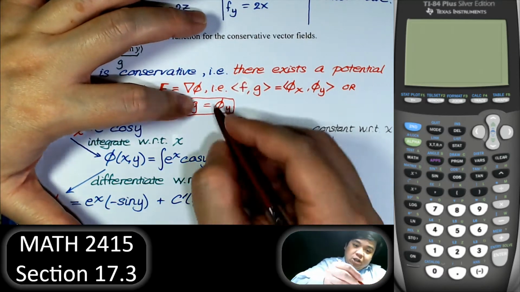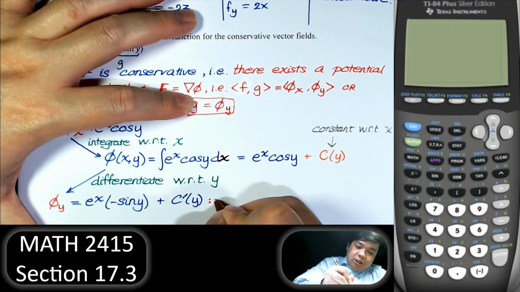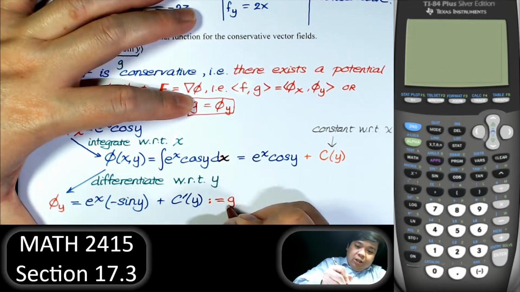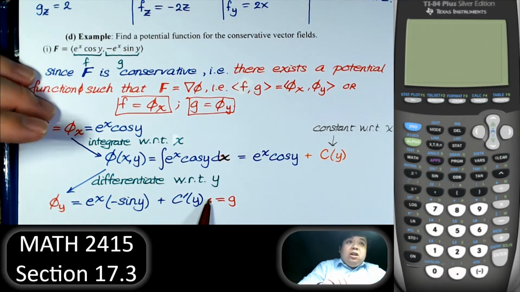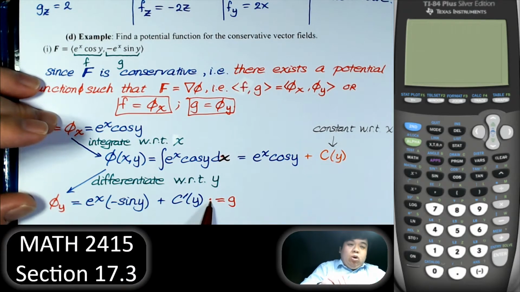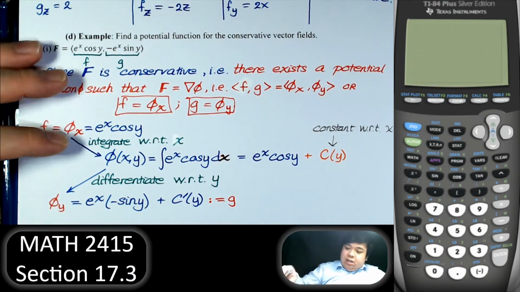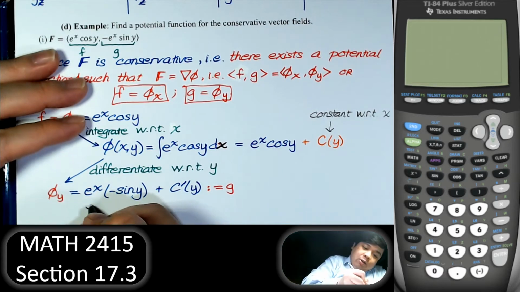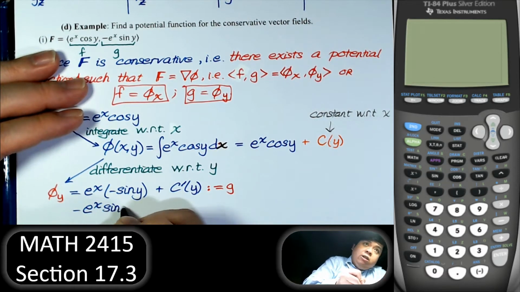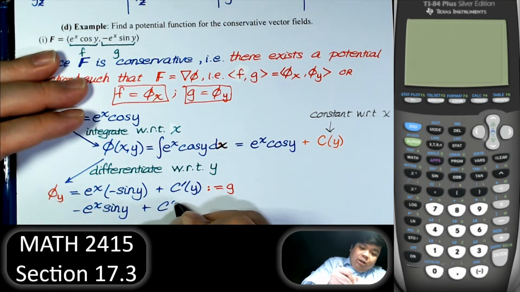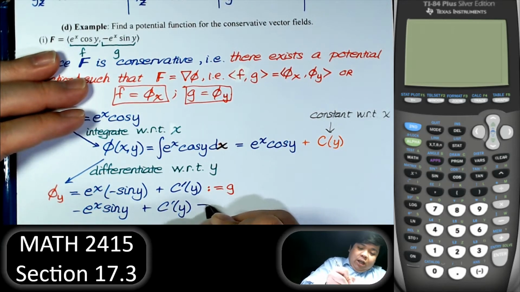And we have to match this with g. So we're going to make that equal to g. So we have negative e to the x sine y plus derivative of c with respect to y equal to g,